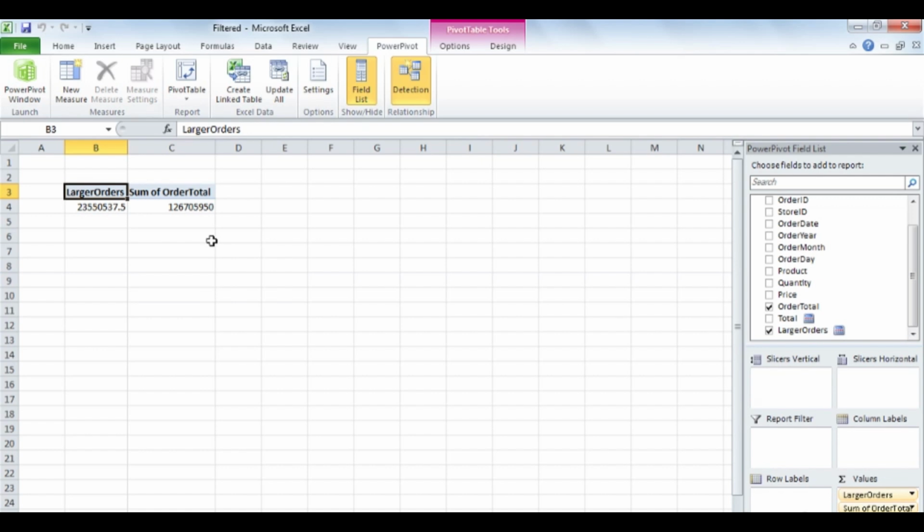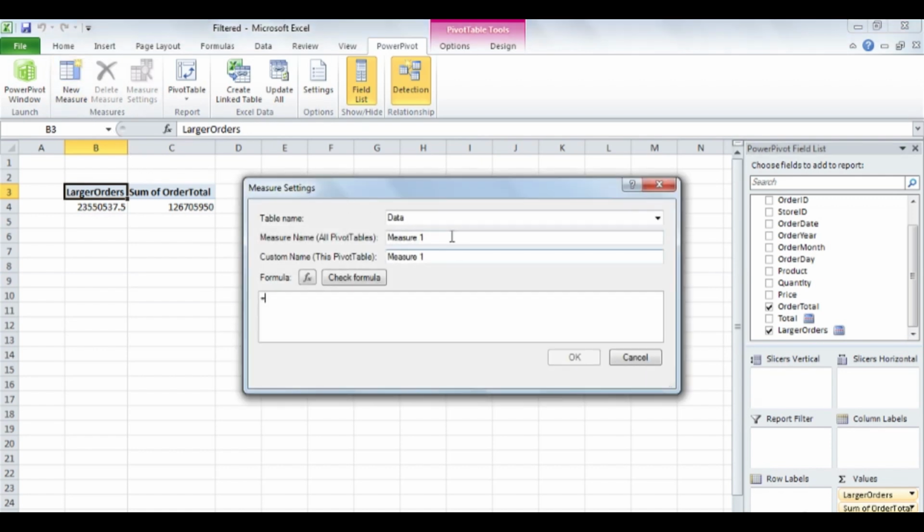The opposite function of the filter function is called all, and that ignores any filters in the data model or in the pivot table. To illustrate that, I'll create another new measure, and I will name this one all store sales. Then in the formula box, I'll create the formula SUMX. Again, we need to use an aggregate function, left parentheses, the keyword all, then a left parentheses, and then I